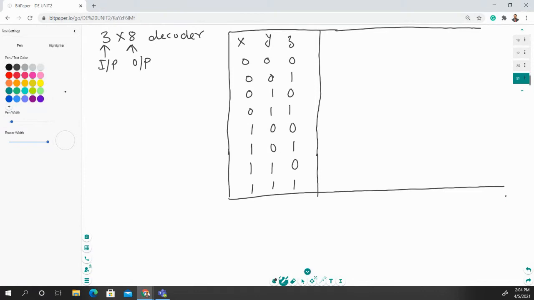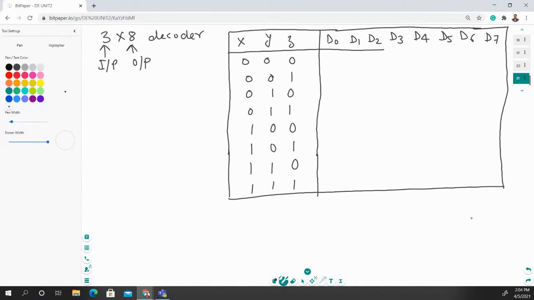Let's suppose that these are D0, D1, D2, D3, D4, D5, D6, and D7. These are the outputs. So you have to design this particular circuit, and let's take a look at how you can create it with the help of this truth table.